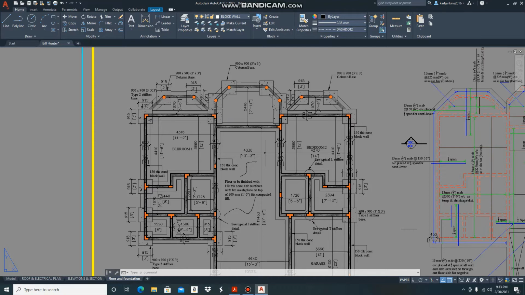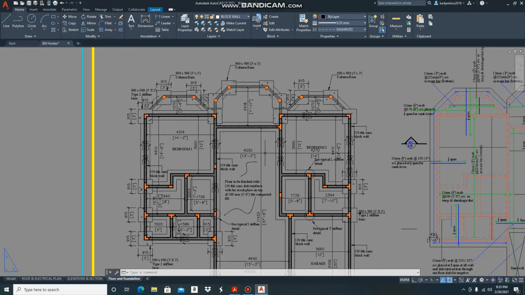Because I have seen where inaccuracies can come up, because if the stiffener layout is not corresponding with the stiffener layout on your foundation plan